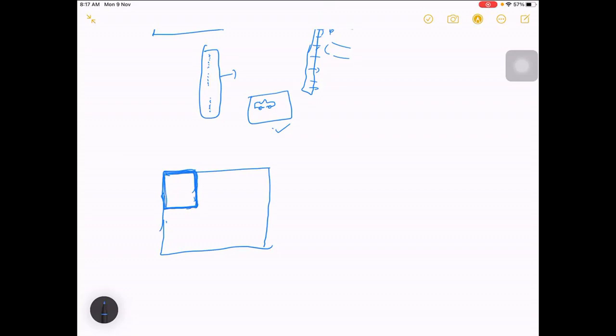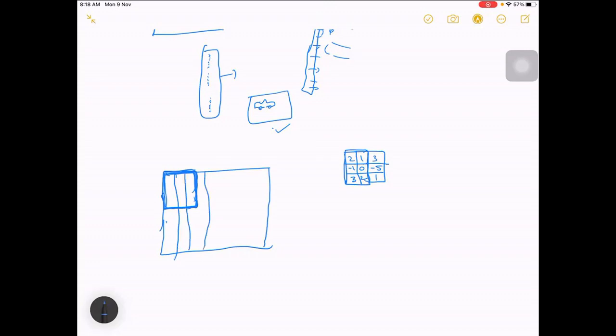This window is actually another matrix. Let me take it in matrix form. Let's say 2 1 3, just some random numbers. This is a matrix, and similarly your image is also pixels.